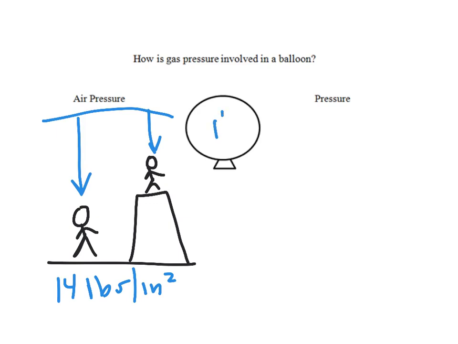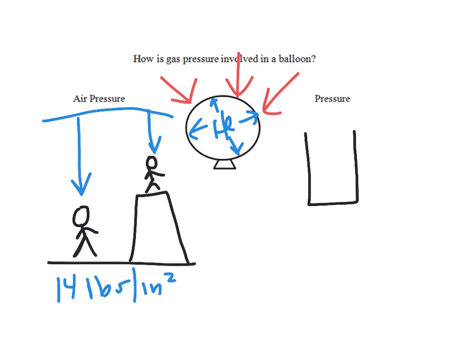If it's a balloon, the helium particles, as you saw in some of those simulations, gas particles bounce all over the place. They're bouncing around, they're hitting the inside of the container and bouncing off. So it stays inflated because those helium molecules, or the atoms, are pushing out. You also, though, have some air pressure pushing in on that balloon. So for the balloon to stay inflated, the pressure of the helium pushing out has to be a little bit higher than the air pressure pushing in. And so then the balloon would stay inflated.